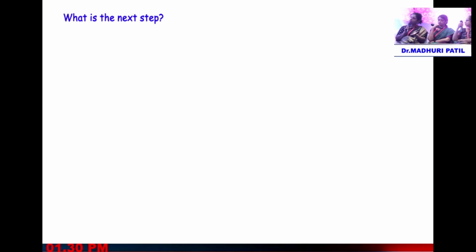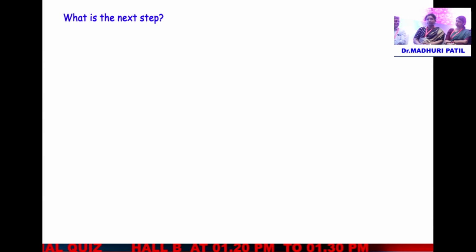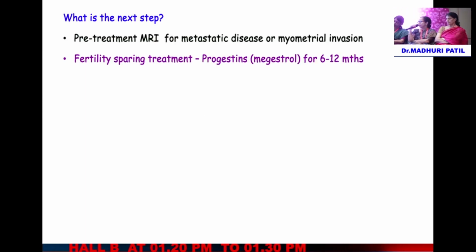After 3 months, you definitely have to evaluate. If she is not showing a response or she is progressing, then you stop it there. If she is showing some response, you can wait at least 6 months, if it is grade 2 without myometrial invasion. And may I add, the treatment is inadequate. You can give up to 320 milligrams of Megestrol, and you can complement it with the LNG IUCD also.